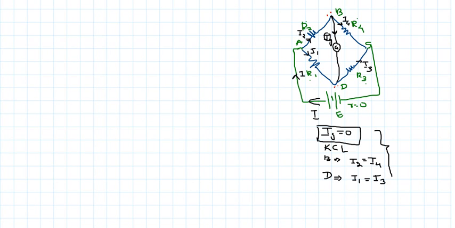Therefore, I will consider the loop now, writing the loop equation. For the sake of convenience, I am taking the loop as A, B, D and A. Initial alphabet and the final alphabet must be the same, as I told before. Starting with A to B, when I move from A to B, my direction and current directions are the same. Therefore, the sign will be negative. So I can write it here: I2 R2.